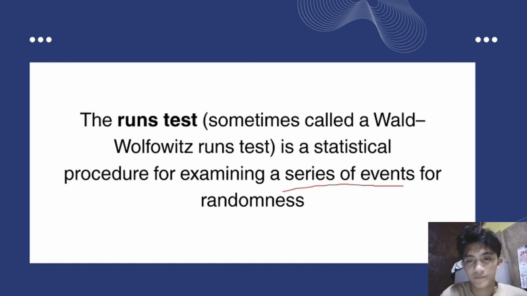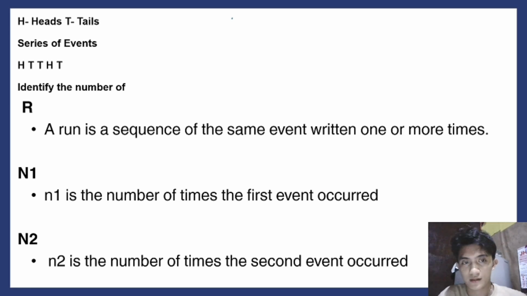meaning, for example, we have male and female. M for male and F for female. That is the categorical data. So to test